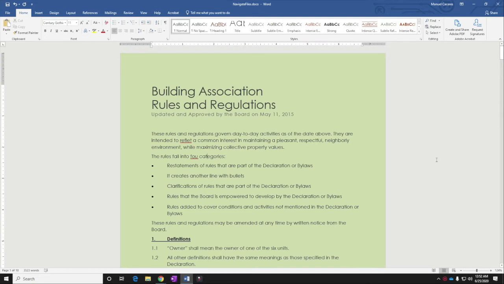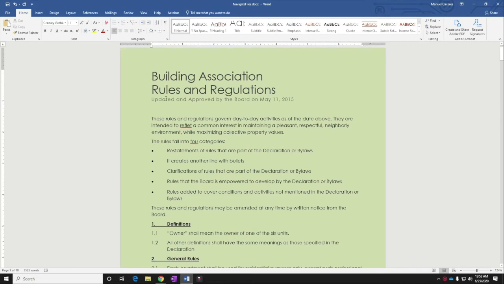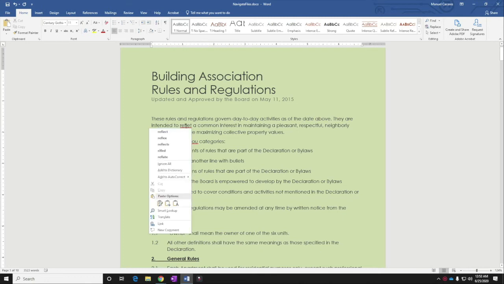Okay, now let's talk about spelling. If you guys notice here in the document that I created, it shows two words that are underlined in red. What that means is that it's misspelled. So the easy way to fix it is if we go with the cursor, we click on it right here and right click, it's going to give us the